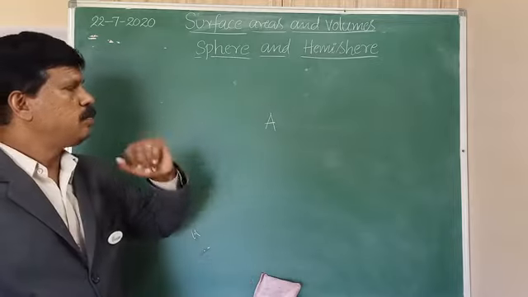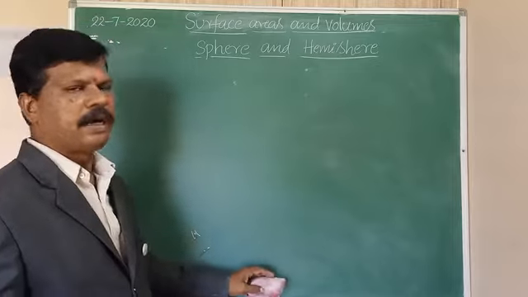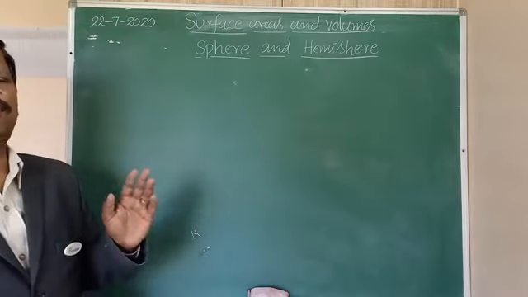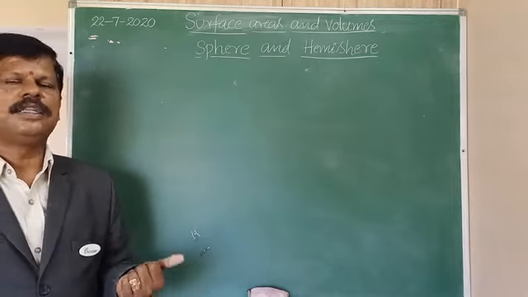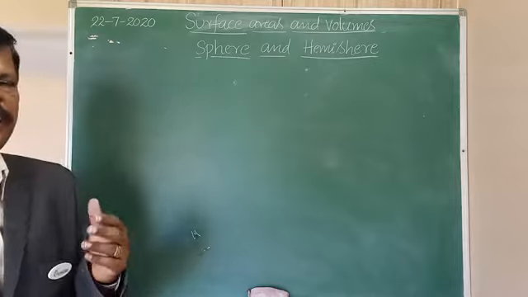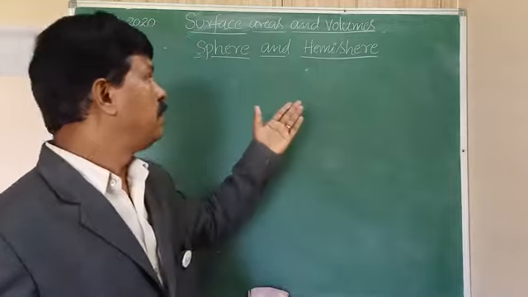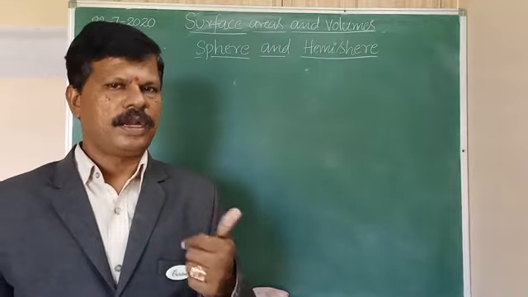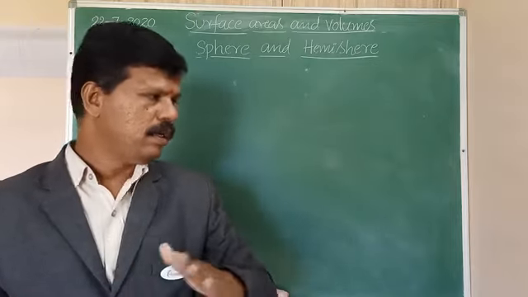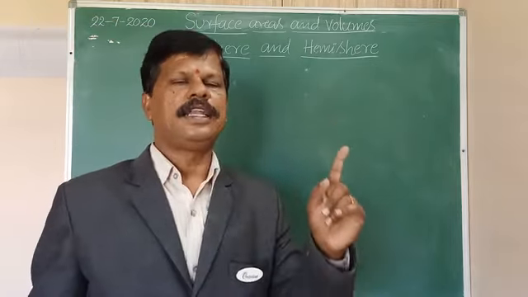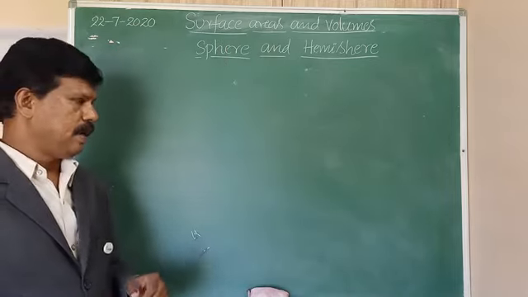So, hemisphere is nothing but the half of a sphere. Hemisphere is a half of a sphere. Okay, now we have learned that for the cylinder, when a rectangular sheet is rolled along any one side, we will get a cylinder, right? In the same way, a right angle triangle, if you rotate on any one of its right angle sides, you will get a cone. In the same way,